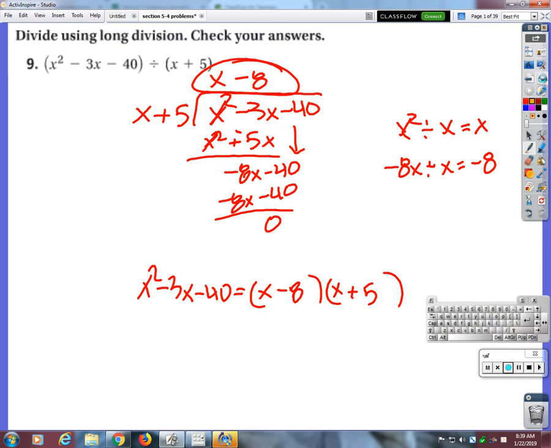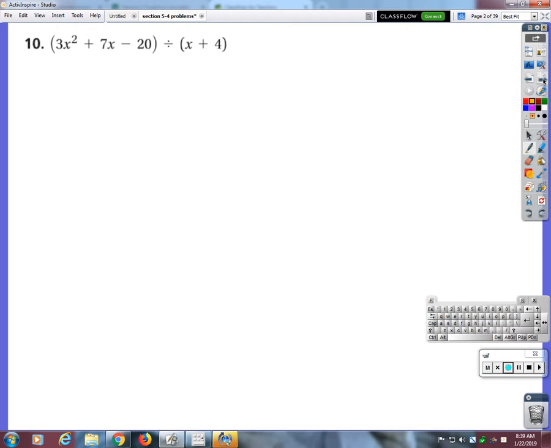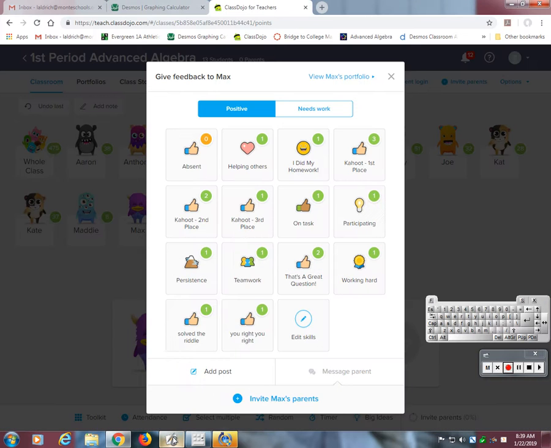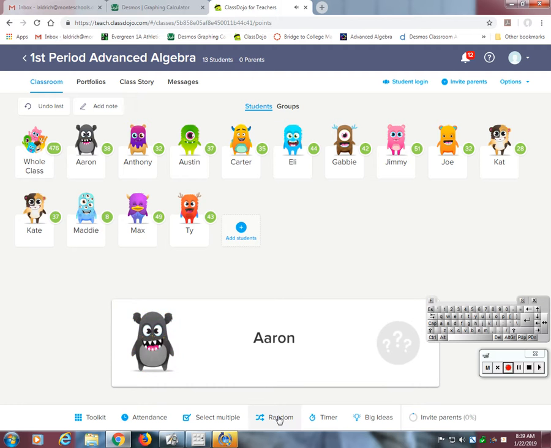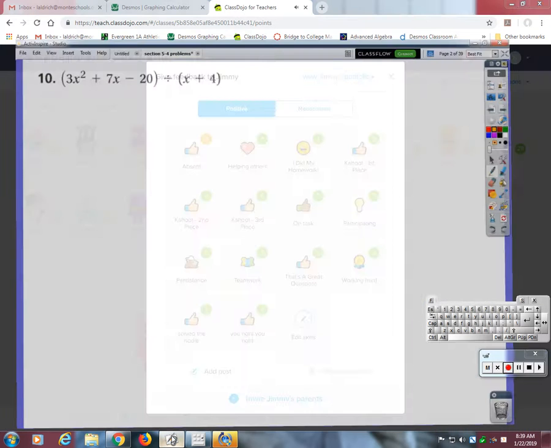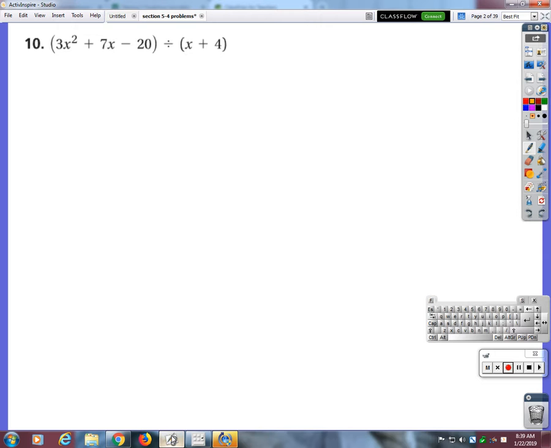Alright. Okay, I asked you guys to do through number 20. Alright, let's try another one. We won't do all of these, but I want to just kind of refresh your memory a little bit before we move on. Geminator. Now I got 3x squared plus 7x minus 20, and I'm going to divide that by x plus 4. So first thing I do is go first term here divided by first term there. So 3x squared divided by x is,